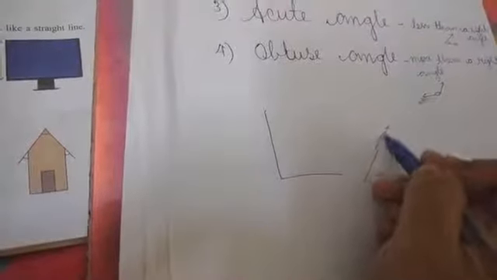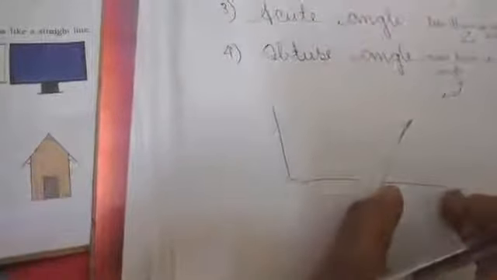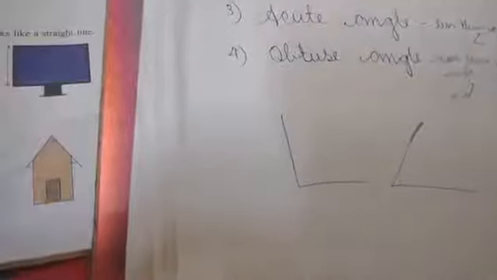What is a right angle? I told you this is the right angle, right? If you reduce the size of it, how can we draw? In this way, right? I am drawing without a scale. You can try with your scale. See, in this way straight, this is a right angle. Little smaller than the right angle. If you draw, the shape will come like this only, right? This is called acute angle.